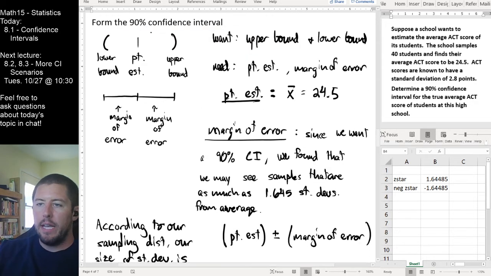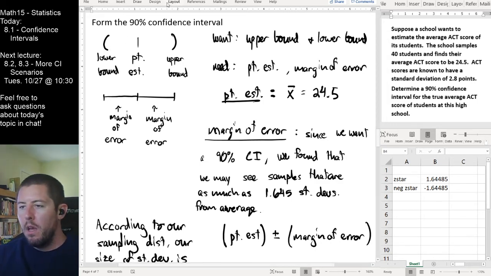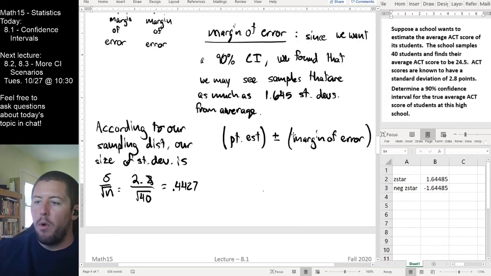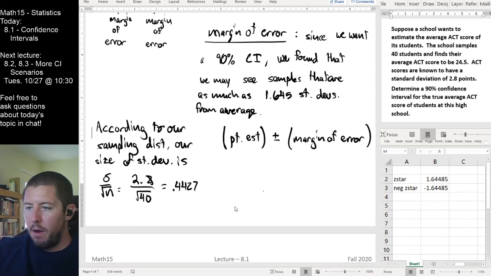We're going to get our point estimate, and we're going to add to our point estimate our margin of error, and we're going to subtract from our point estimate our margin of error. That will get us to our upper and our lower bounds right here. So in this case, our point estimate here is x bar,